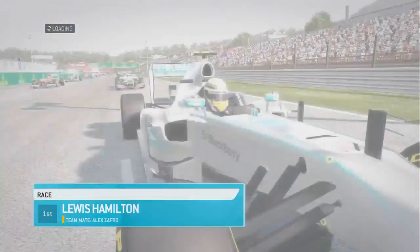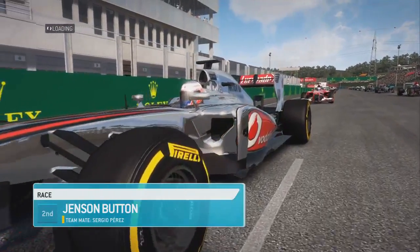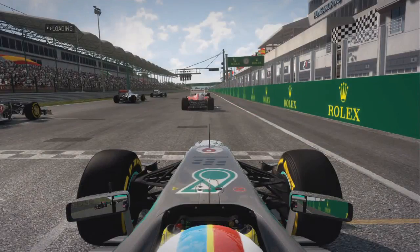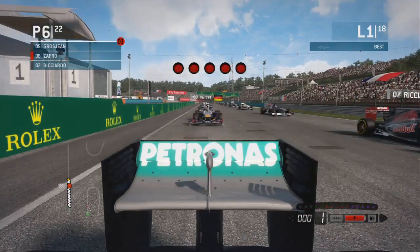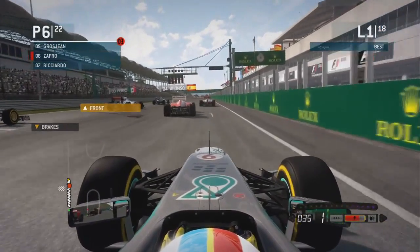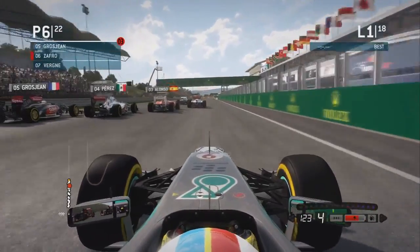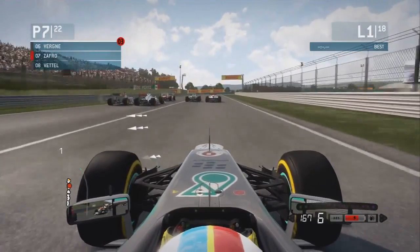Whatever. Hamilton's on pole. Look at that. A McLaren 2-3. Are you serious? I don't think McLaren have even broken it. McLaren definitely haven't broken into the top 3 this year in qualifying. I'm not even sure. Maybe not even the top 5 in qualifying. So yeah, 2 cars in the top 3 there doesn't seem very realistic. Grosjean, Vergne and Ricciardo both in the top 10 as well. So I suppose it was a wet qualifying. I don't know whether I said that already, but that's probably part of the reason why we've got such a mixed up grid. Straight away though, Alonso has got a rocket ship of a start running down into turn 1,